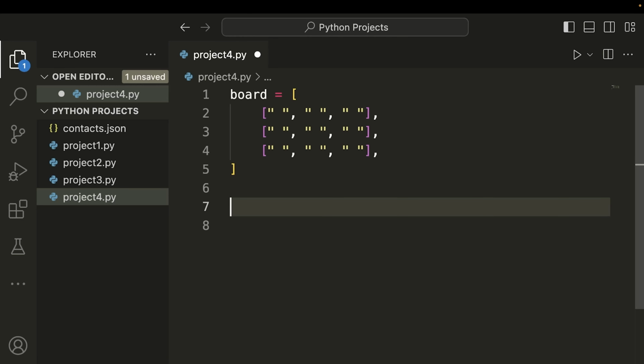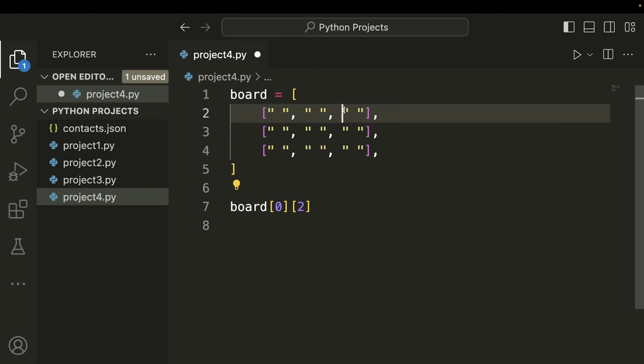Now, if I were to do something like access board 0, what that gives me access to is this first list because that's the first element in this overall list. Then if I access something like position 2 on board 0, which by the way is valid syntax, that's giving me access to this, which is the second index in the first list, okay, or the 0th list, whatever you want to call it. So just keep in mind that this is kind of how you do multi-dimensional array accessing,